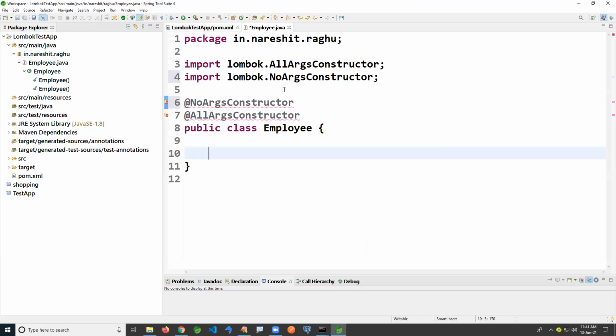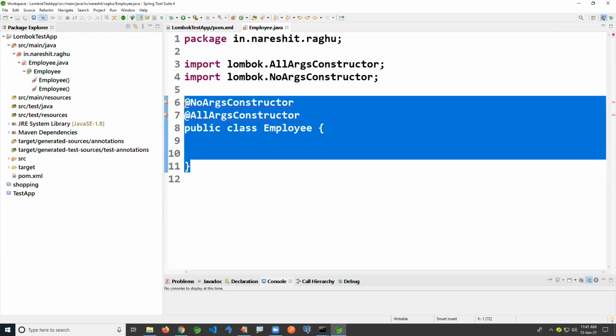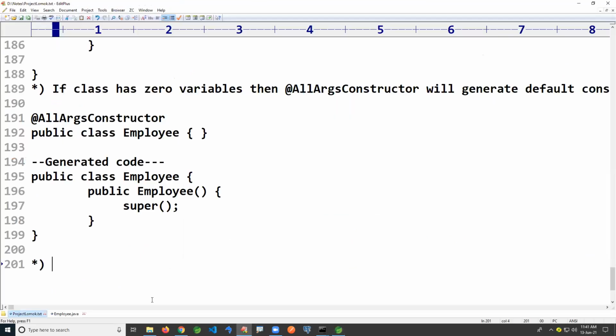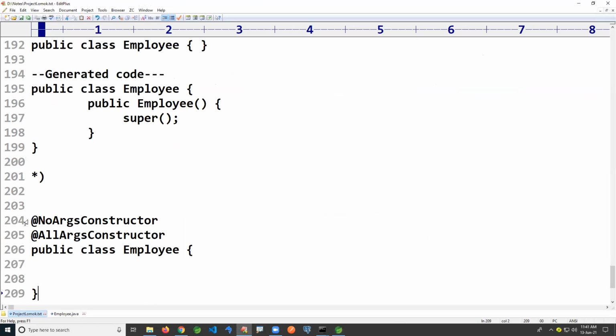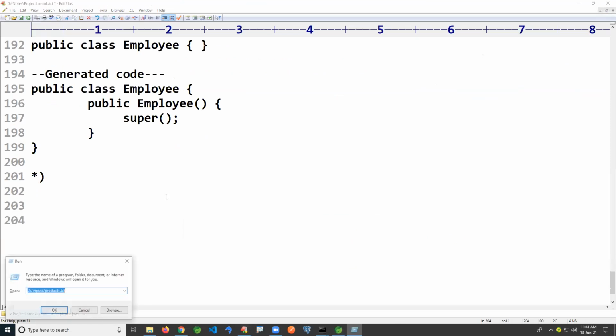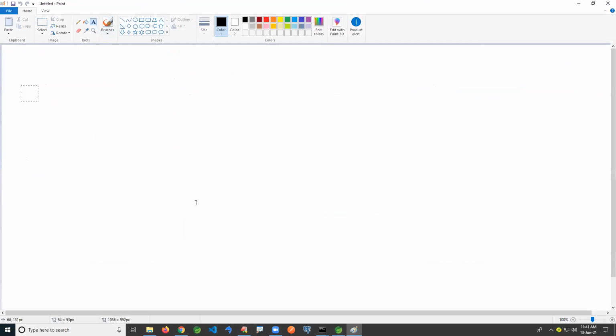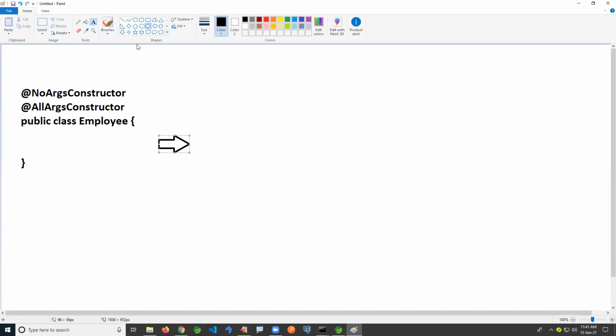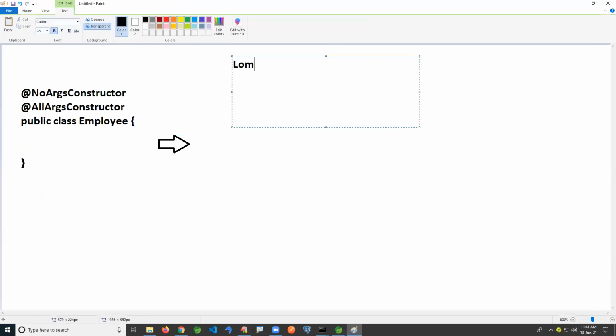Lombok is just doing code generation based on the instructions given. Programmer, it's actually your mistake, instead of calling it Lombok's mistake. What did you do here? Observe carefully. You are just applying these annotations, and then Lombok has just generated code.